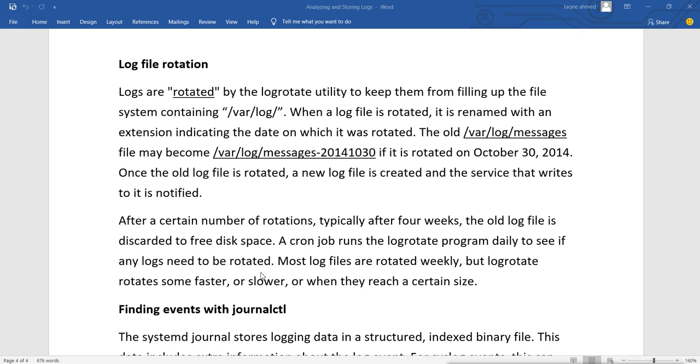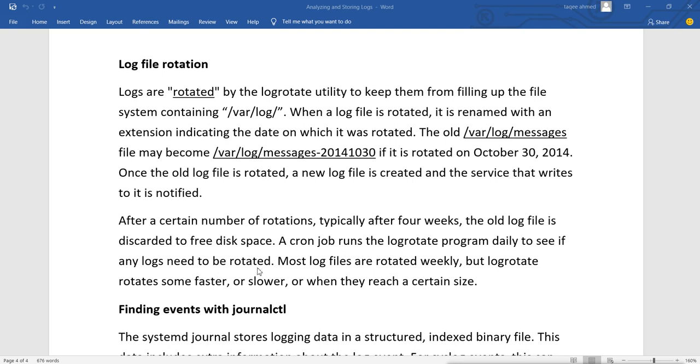Cron is a service, a utility to run automated tasks at a certain time or date. So this cron utility runs every day for checking logrotate, and it will check the directory where logs are, to see whether any logs need to be rotated or deleted.